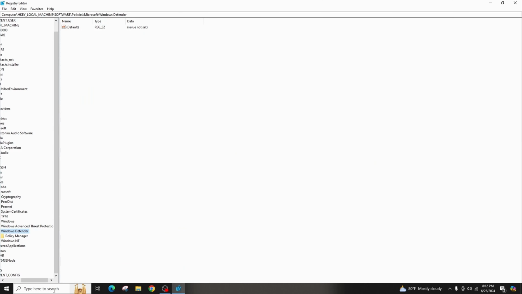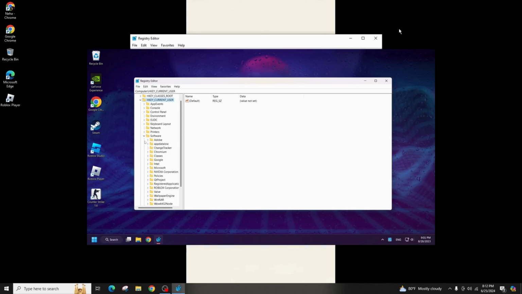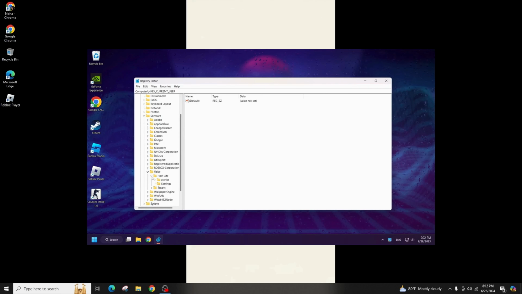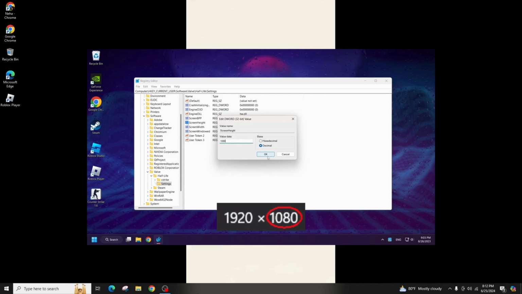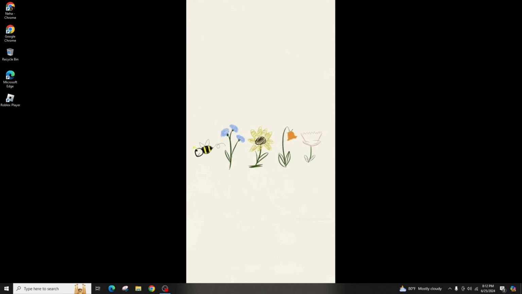the Registry Editor. Navigate to HKEY_CURRENT_USER, followed by Software, then go to Valve, then Half-Life, and click on Settings. Right-click on the ScreenWidth and select Modify and change the value to your desired resolution and click on OK. Repeat the same process for the ScreenHeight, adjusting it to match your resolution, and close the window